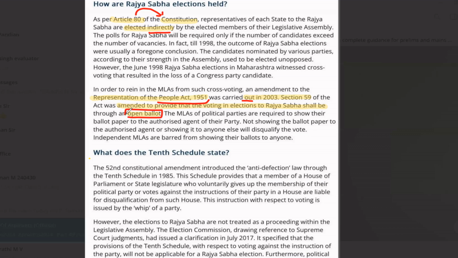But now in the bottom, if you see, it is also specified whether the 10th Schedule will apply for cross voting in Rajya Sabha, and it is actually given as no. But cross voting in any other case, when the whip is given, actually gives the 10th Schedule this power to the Speaker to remove the person. But in the case of Rajya Sabha, there has been cross voting. This is what you should know from this topic.